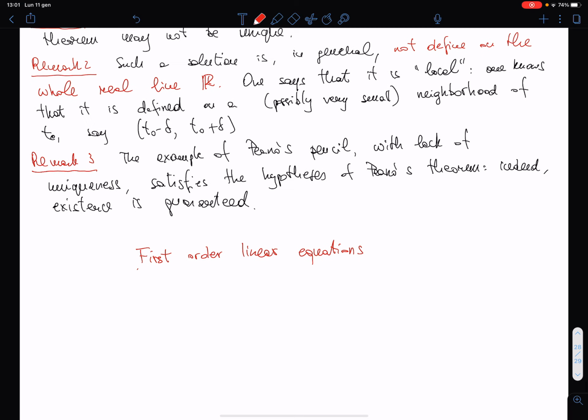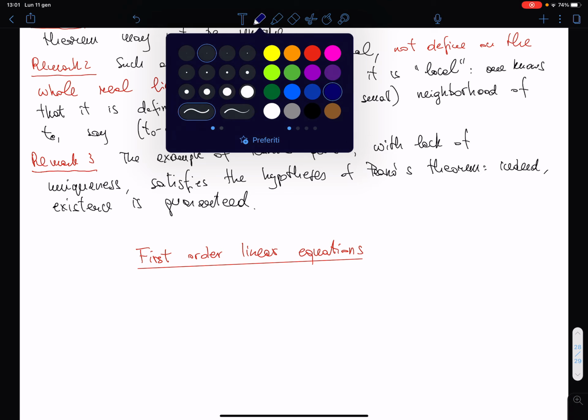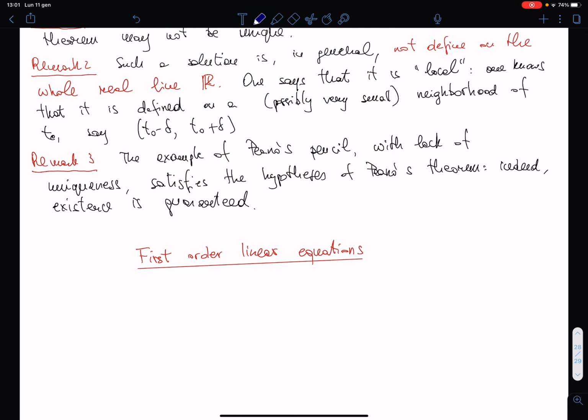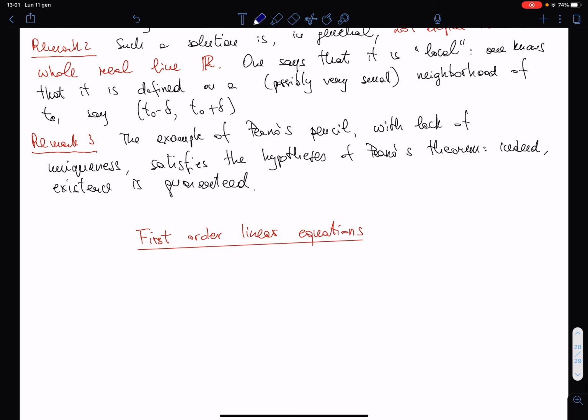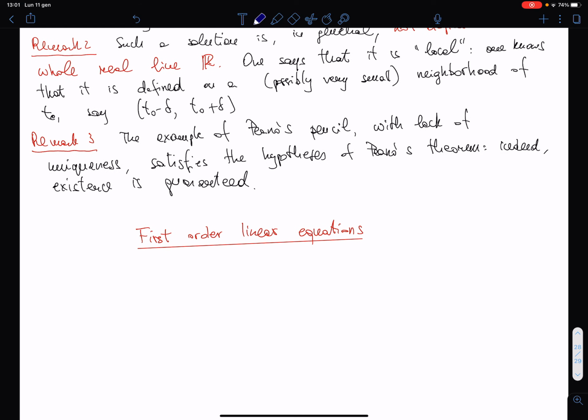First order means that the only derivative present is the first one. Moreover, we are in the realm of differential equations in normal form. So this is the equation that we want to study,